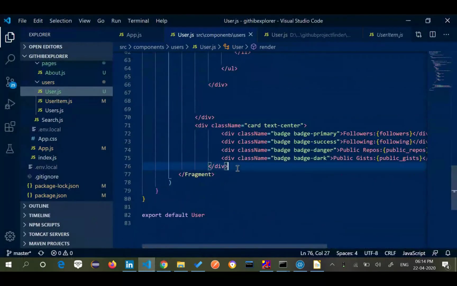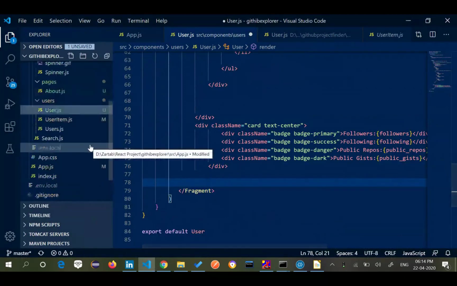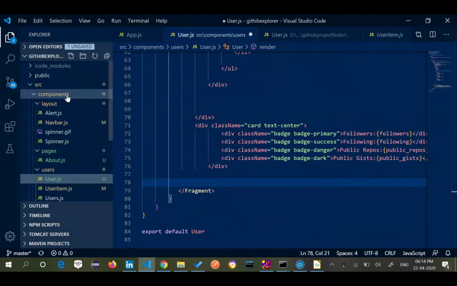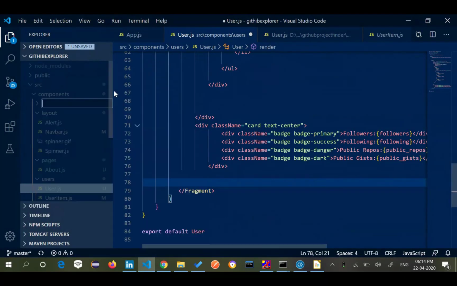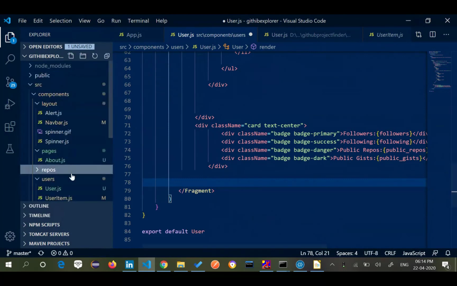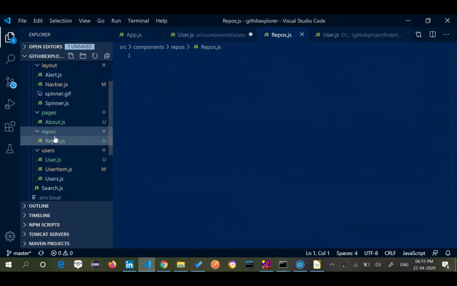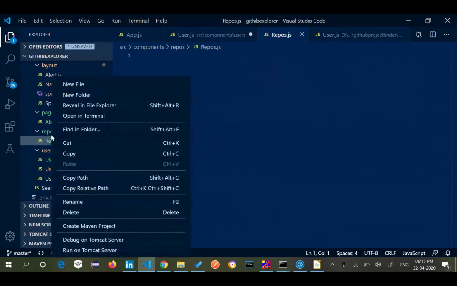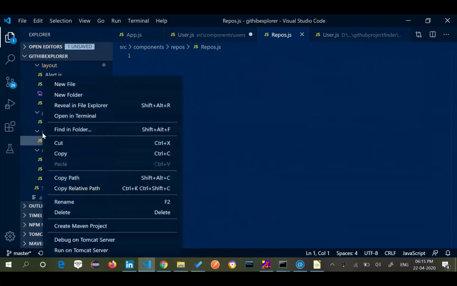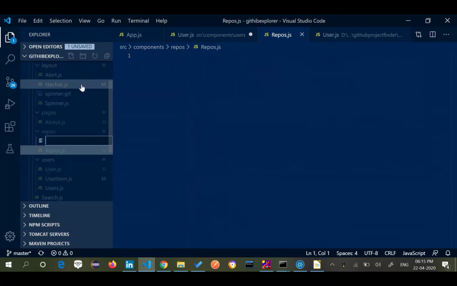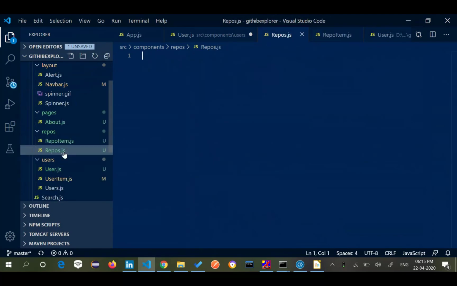What I was asking is, I am planning to create components. I'll create a component and name it Repos. And inside repos, like I did for users and user item, I'll create repos.js and repo item.js.